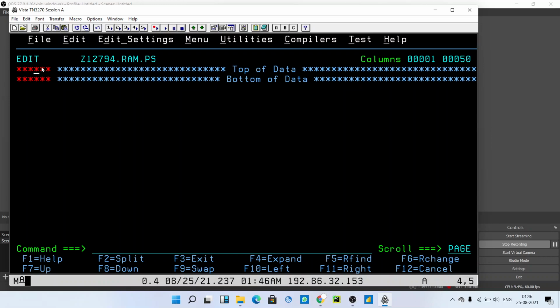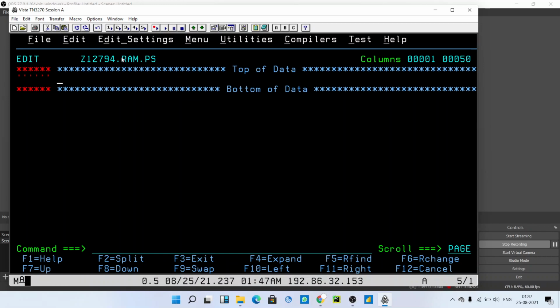Now you have to write something in a PS file. For that, just type I. I is a command to enter a new line. You can't write anything on the top data line. So first just enter it, and you will get one line where you can write anything.